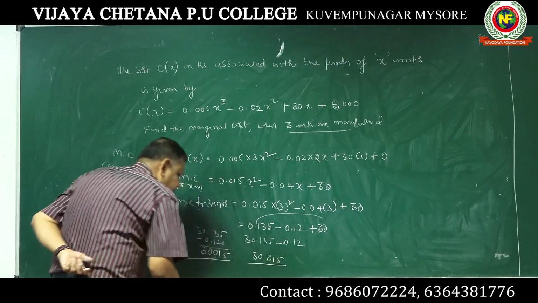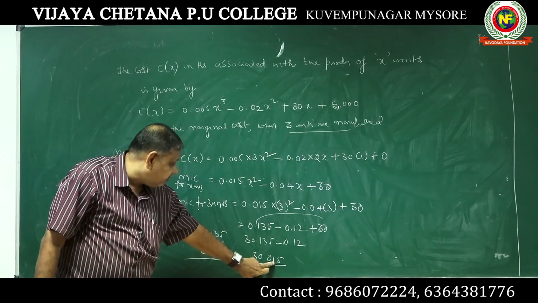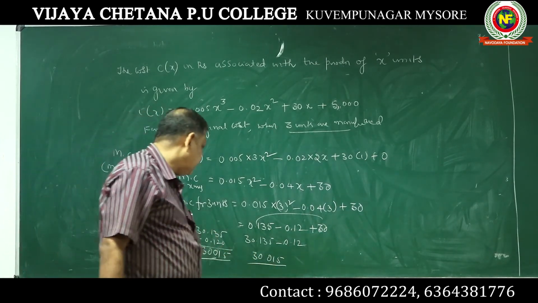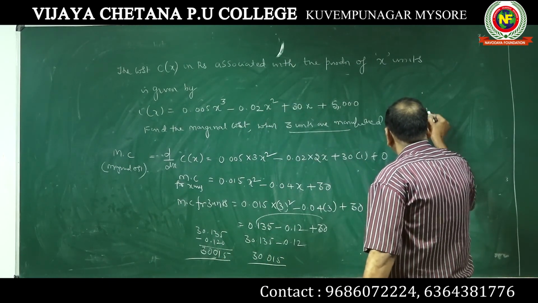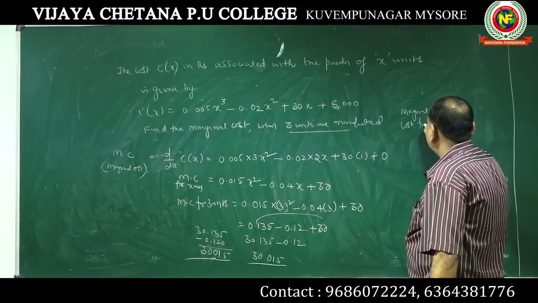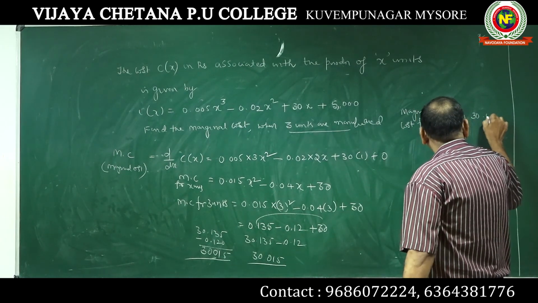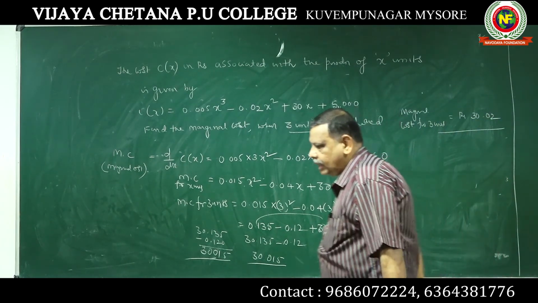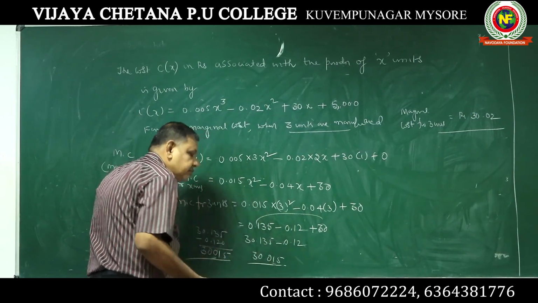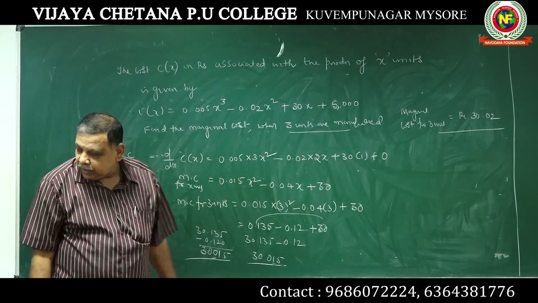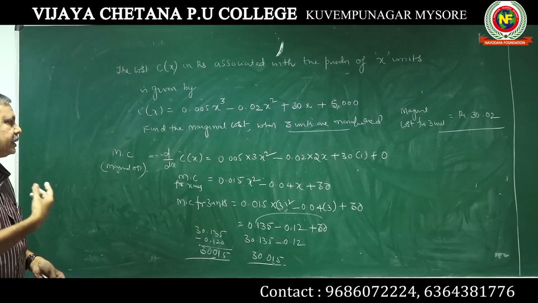30.015. 3 digits should not be there, you have to keep it in 2 digits. ಇದು 5 ಅಥವಾ 5 ಗಿಂತ ಜಾಸ್ತಿ ಆದರೆ you can add 1 here, you can keep the answer 30.02. So marginal cost, you can write approximation. Marginal cost for 3 units is rupees 30.02. ಯಾಕೆ 2 ಹಾಕಬೇಕು ಅಂದರೆ ಇದು 3ನೇದು 5 ಅಥವಾ 5 ಜಾಸ್ತಿ ಇದ್ದರೆ ಈ ಡಿಜಿಟ್ಗೆ 1 ಸೇರಿಸಬೇಕು. So it is 30.02. Thank you, and we shall continue tomorrow next class. We'll do some more.